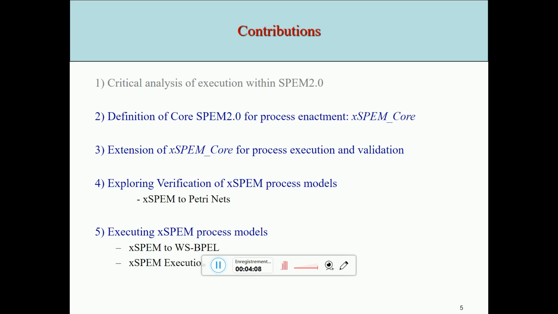The third step of this contribution was dealing with extending this xSPEM core package with some elements that would allow process verification and execution of process models. Step number 4 was about exploring an approach in order to verify xSPEM process models. And finally, step number 5 was trying to execute xSPEM process models. And for this, we propose two approaches. I will talk about them very briefly in the next slides.